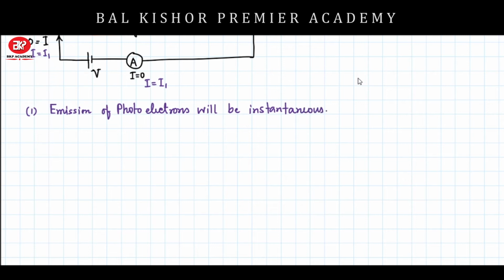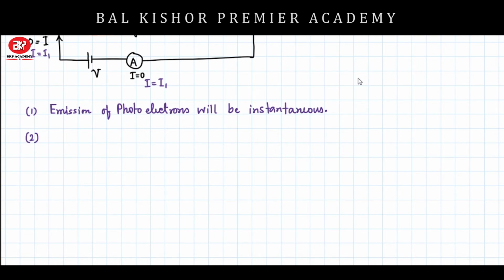That means this thing is not explained. This is the instantaneous. At the time when the light is incident, at this time the current will start flowing. That is the instantaneous. The second point is that